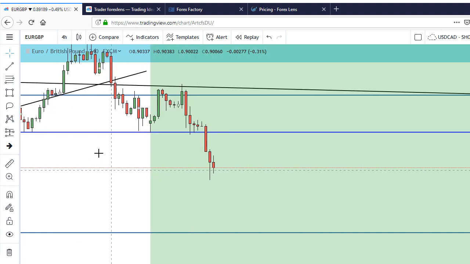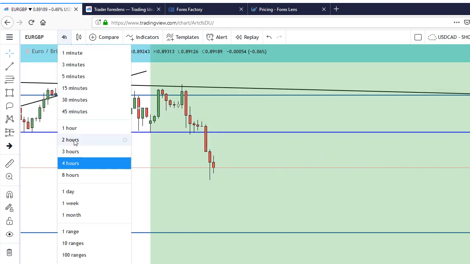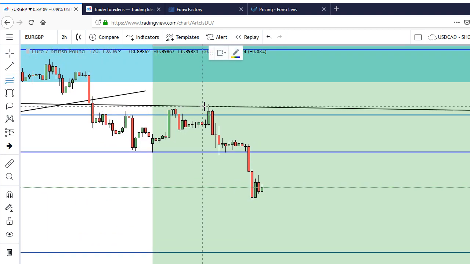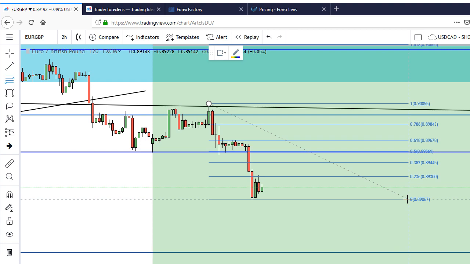In terms of where, let's pull out the fibs on the 2 hourly. So on the 2 hourly, from our recent high to our recent low, the 50 fib level right here, the 0.5 fib level, is right where our neckline is. So usually in a head and shoulders pattern, when you do have that break, you often do have a retest of the neckline, and then either a rejection down, which is most often the case, or a pullback up and